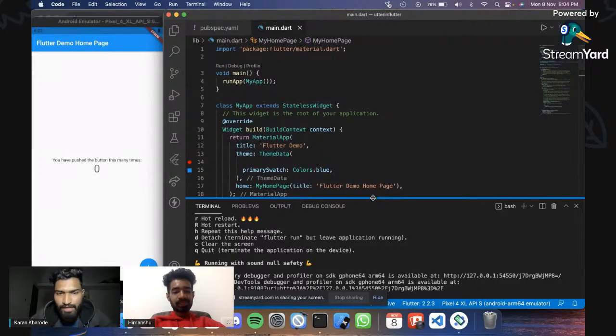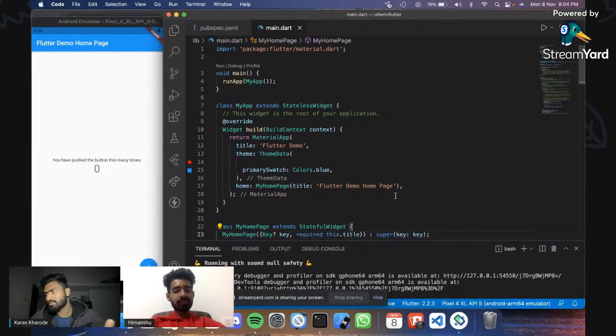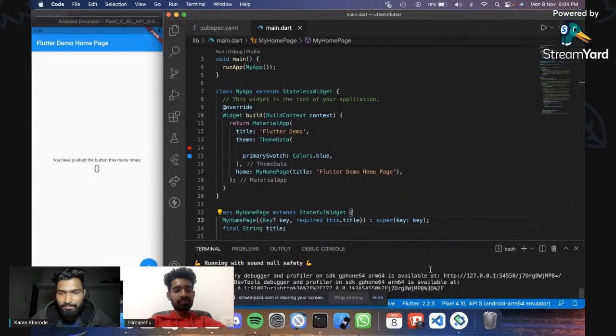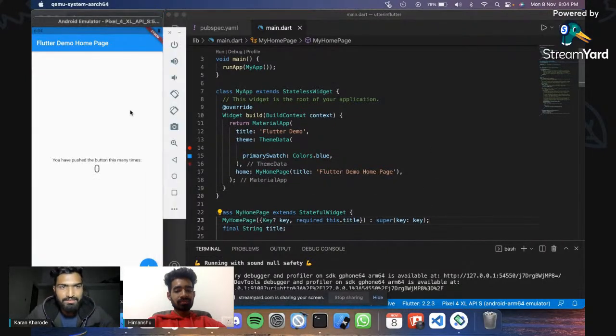All right, guys. I have not used the hot reload here because I'm running it from the command, because I like it this way only. So what's this application, the default application? If we click on this,